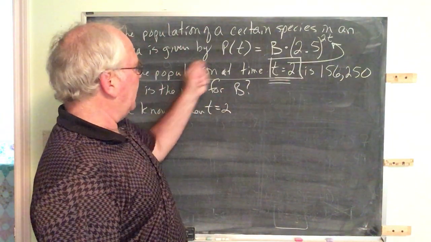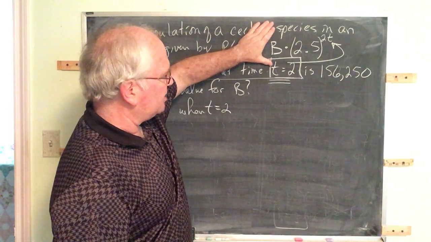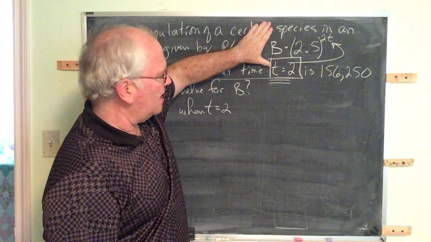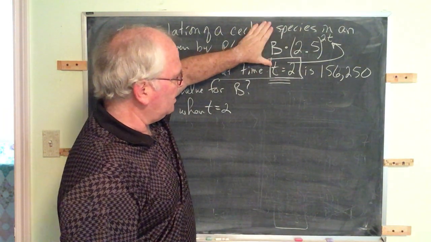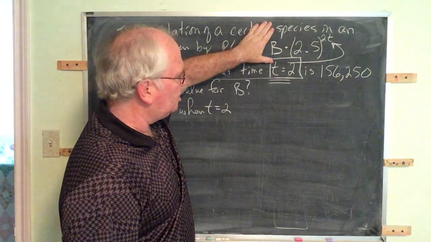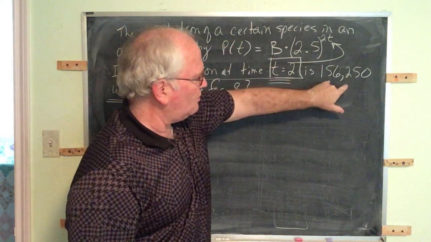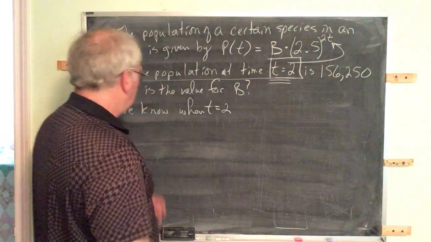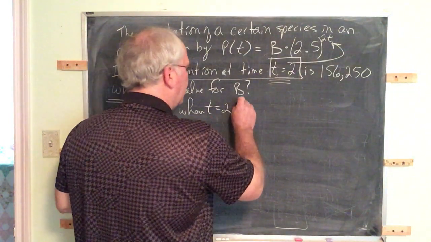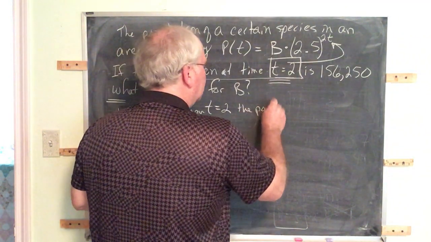We're told what the population is. The population is given by that expression evaluated at any particular time t. So when you substitute t equals 2 into that, that value must equal 156,250. So we know when t equals 2, the population